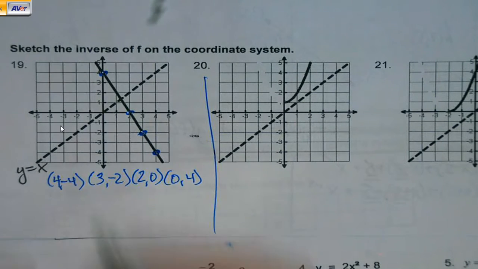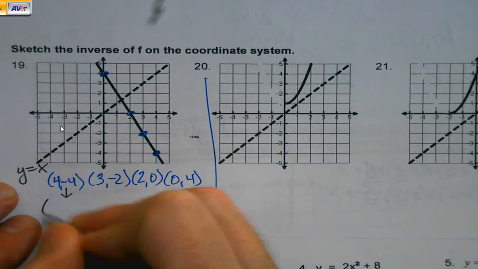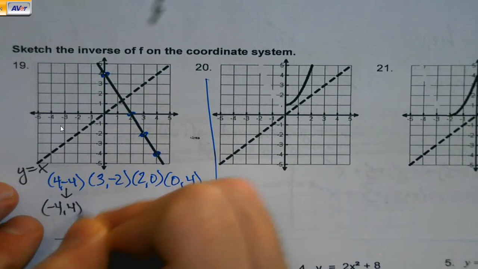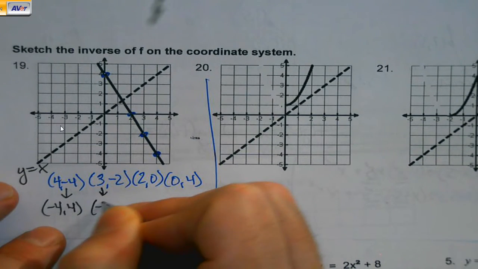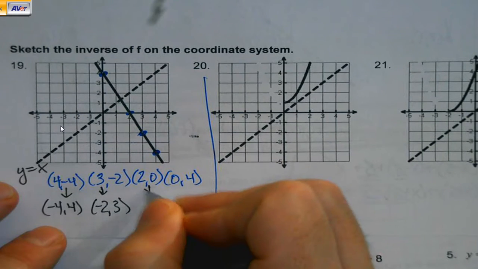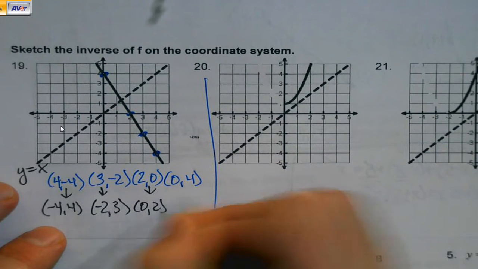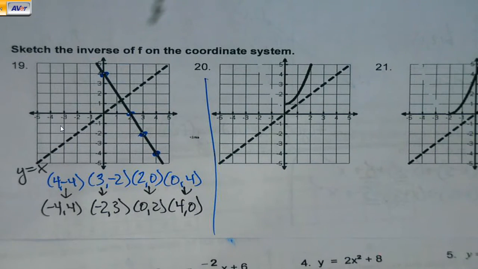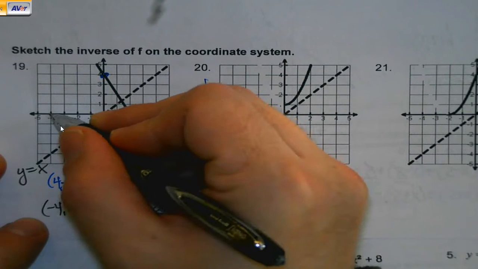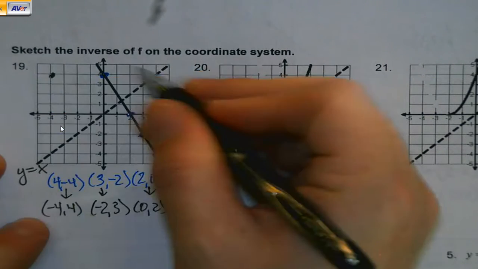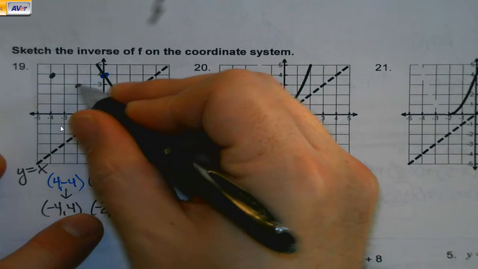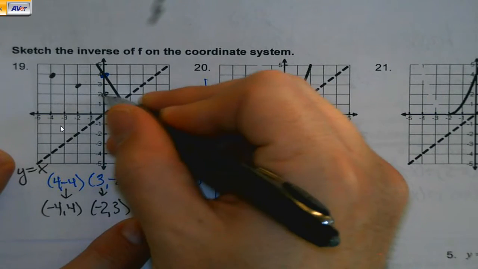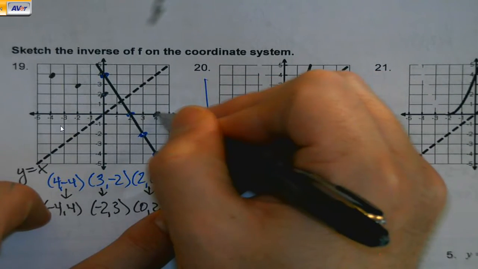And so my job now is going to be to take those coordinate points, find their inverses, or flip the x and y around, and plot those points, because they're going to form my new line. So if I go to -4, 4, -2, 3, and 0, 2, and 4, 0,